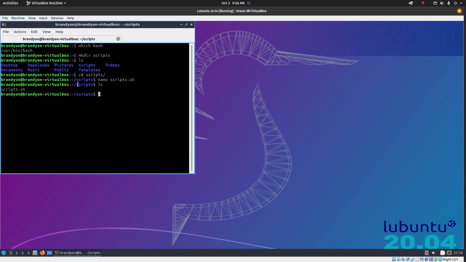If we just do an ls or a list command, we can see our script there now. Now, there is an additional step that we need to do prior to executing this script, is we need to make it executable. So to do that, we're going to use the chmod command. We're going to do a plus, and we're going to do X, and then we're going to type in the